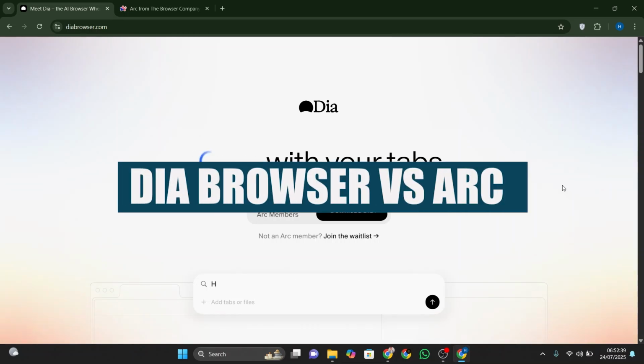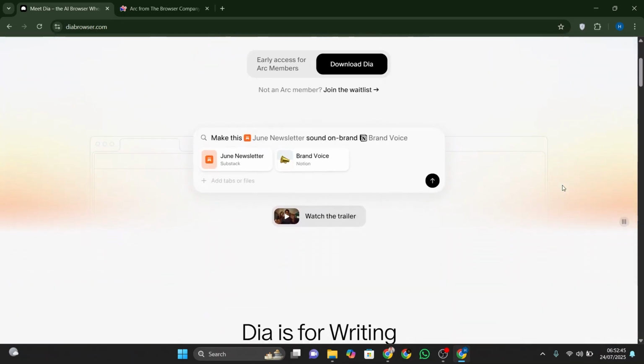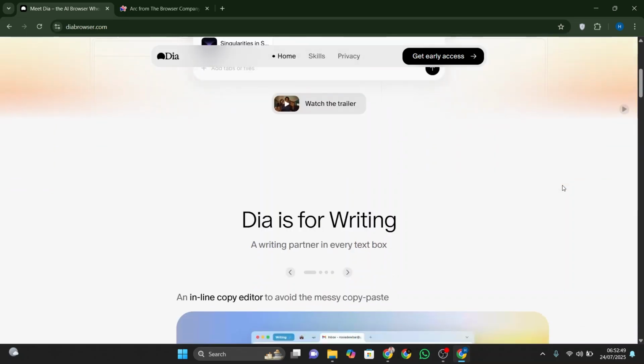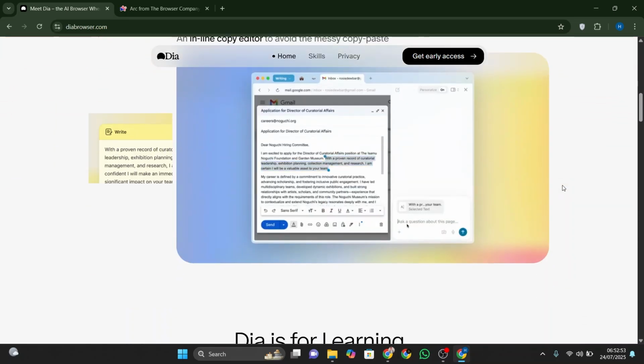Hello everyone, in this video I will compare Dia browser and Arc. Dia browser and Arc are both modern web browsers aiming to rethink how we interact with the internet, but they